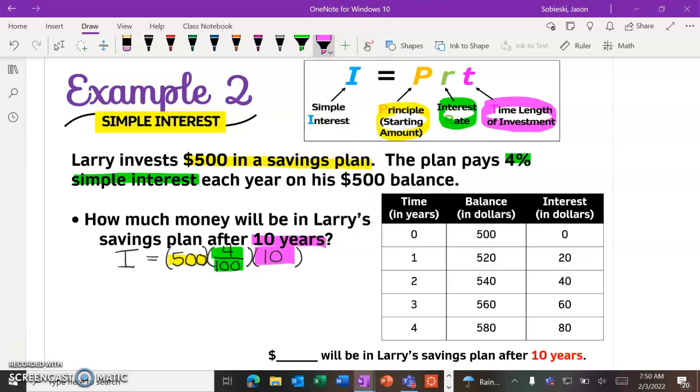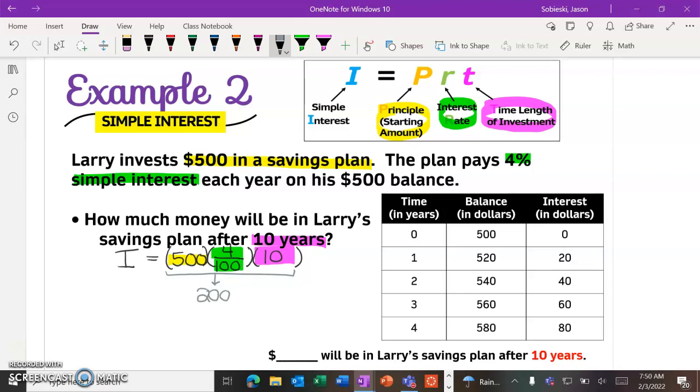So we're just taking the values that we had in our problem, putting them into this formula, and we're going to solve. It turns out I, or the interest, is already alone. It's isolated, so we can go right to our calculator. You're going to type this in exactly as you see it, just like that. And you could double check, this should be getting you a number of 200